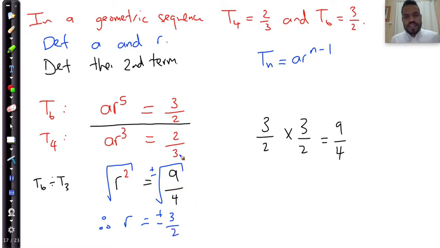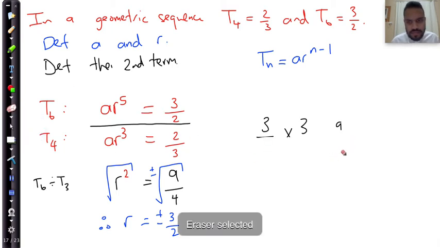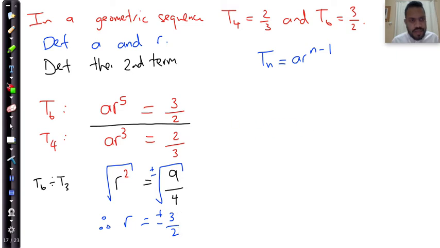Okay, so now what you can do is substitute back that r into any one of these equations, and usually, as you can see, the one with the lower number will be easiest. So I'm just going to erase this over here, and then we can determine the value of r, right? Okay, so let's put that into this equation. a r cubed